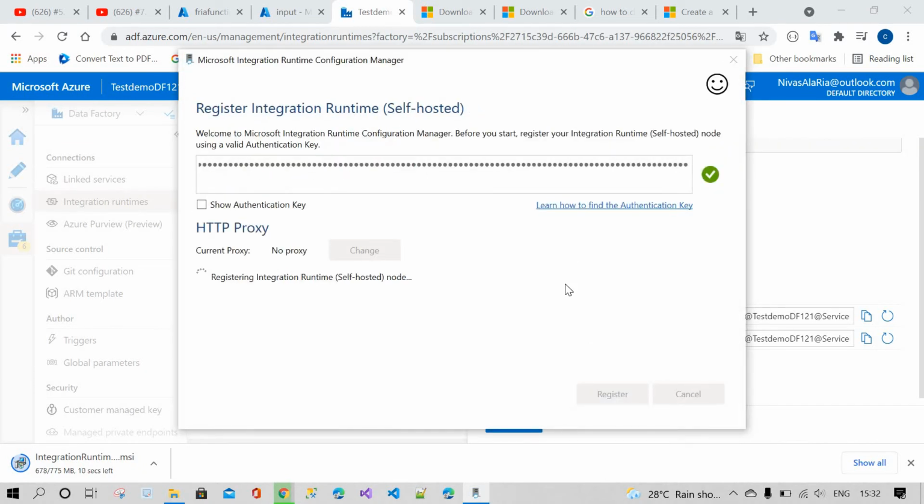If you have TLS certificates, please enable that, otherwise you don't need to. It doesn't require it; you can communicate directly with the authentication key. It will take a little time, just 2 minutes.